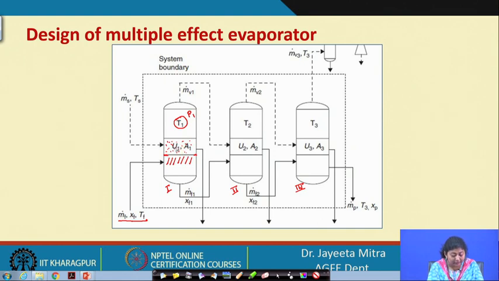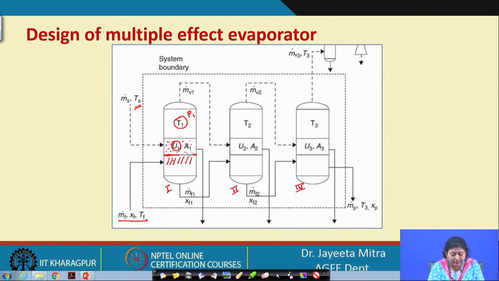where the overall heat transfer coefficient includes the steam side, the conductive material or the surface through which the heat exchange is taking place, so the conductivity of that material, and the convective heat transfer in the liquid side. Together we have calculated this U1, and Ms dot is the mass flow rate of the steam that is entering at a temperature Ts.